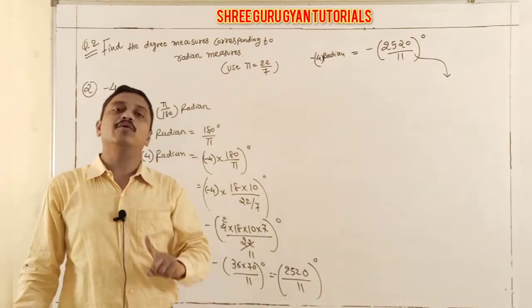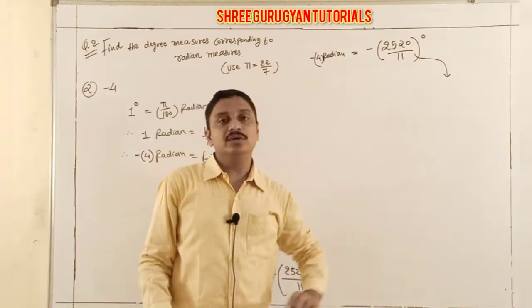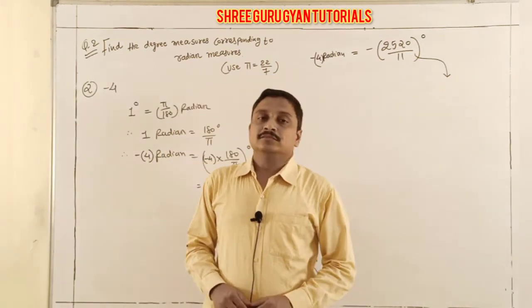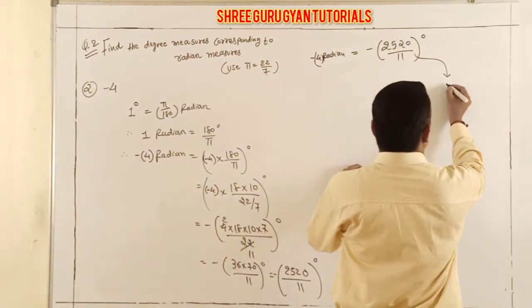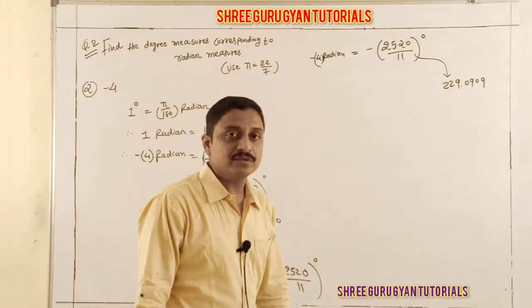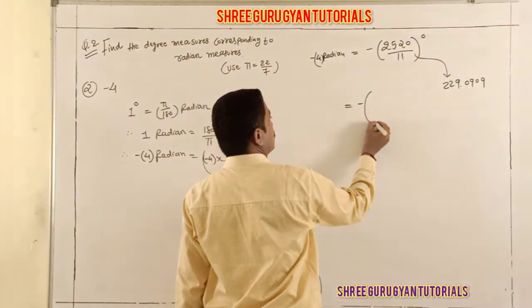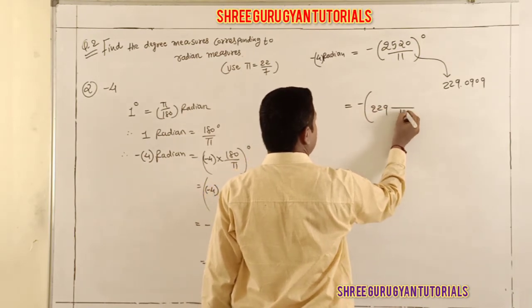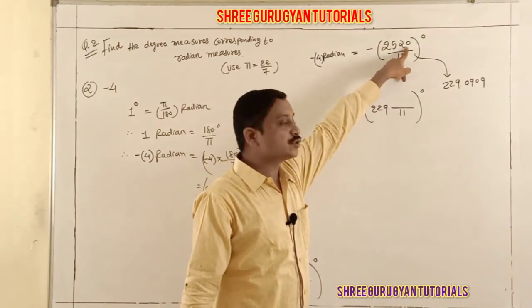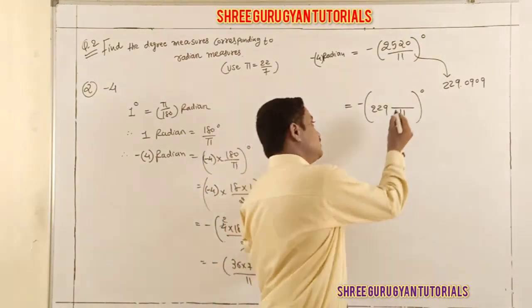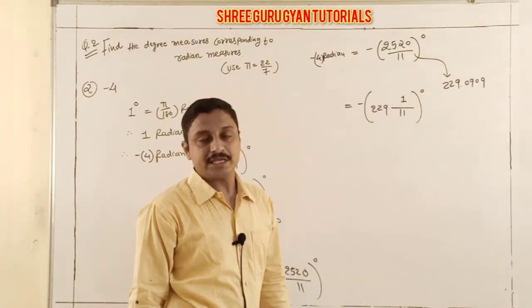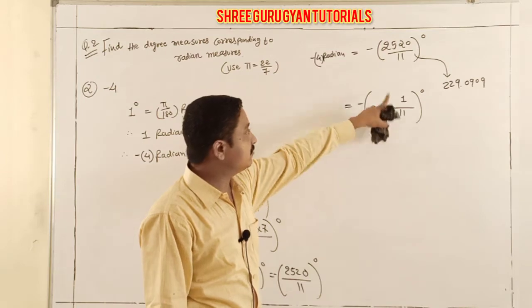Students, a calculator is allowed for you. So 2520 divided by 11, and then write that down. So students, this value is 229.0909 approximately. So I just utilize here 229, 11 and degree is the same. So 229 into 11 is nearest to 2520, 9 is a 9. It is 1 carry only. 229 into 11 is 2519. Yes, use your calculator. And finally the remainder is 1.